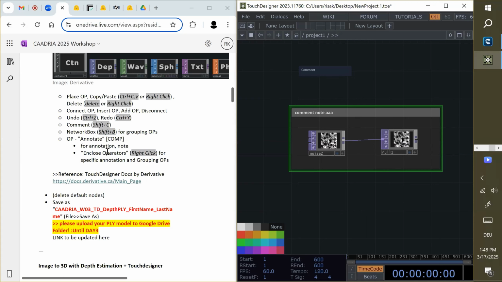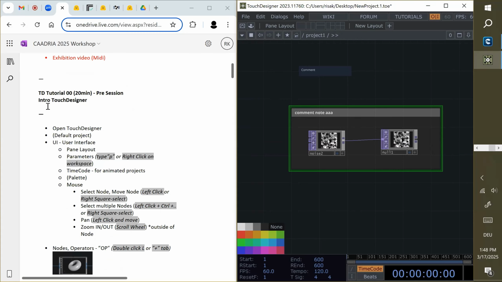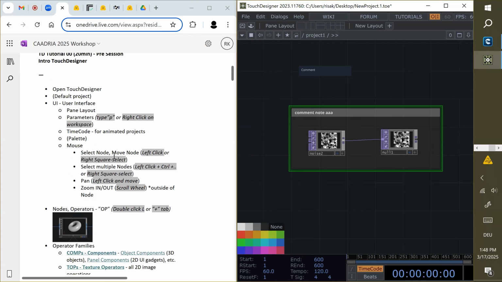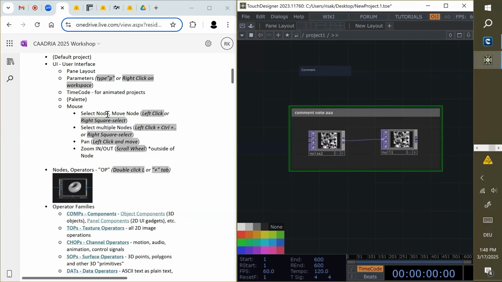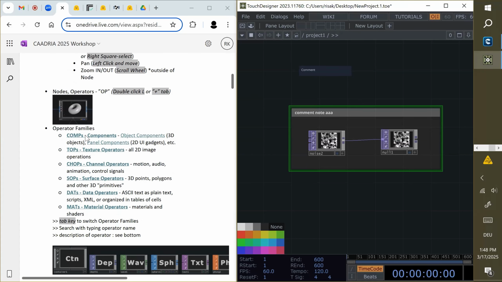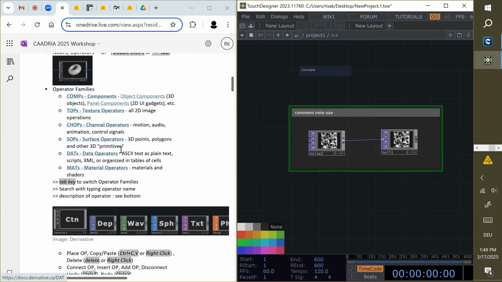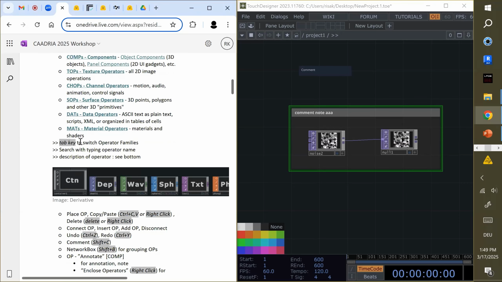Okay, so this is the introduction. We just went through this pre-session into Touch Designer, from opening Touch Designer and user interface and property window and timecode and mouse functions for selecting nodes or multiple nodes, zoom in, out, and about node operators. We have some COMPs, TOPs, CHOPs, SOPs, DATs, MATs, and so on. And okay, I also forgot this one.